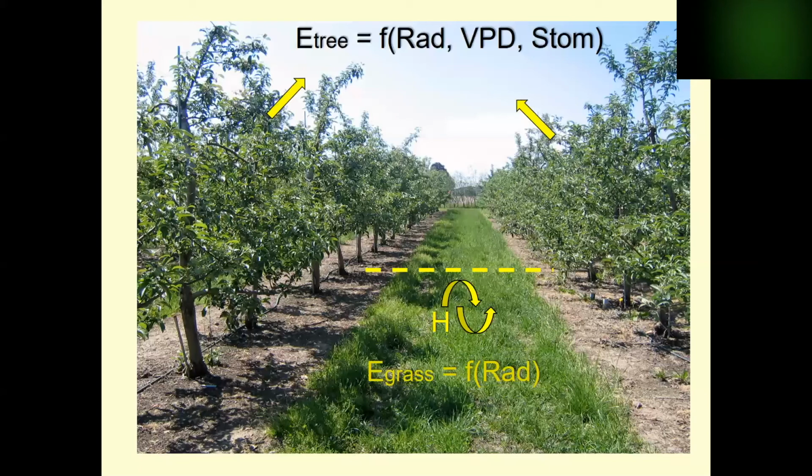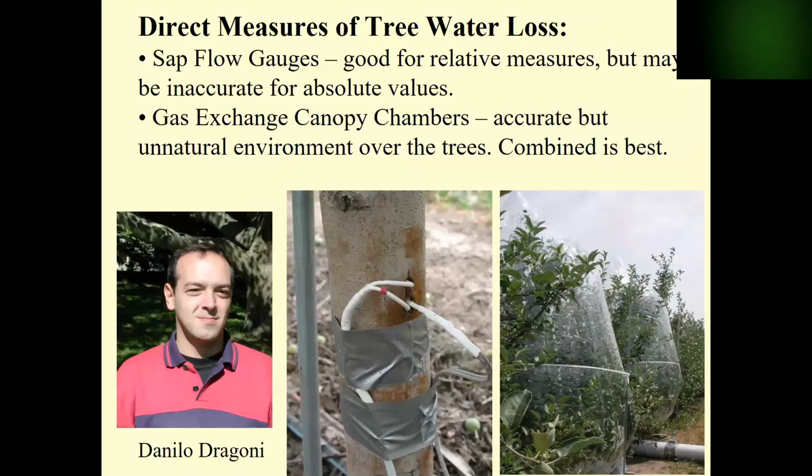So the two systems are being controlled by a different combination of factors. So we wanted to actually go take a look, but we wanted to be able to measure it directly. We used sap flow gauges, but we didn't trust them to make all the estimations of wound factors. So our student Danilo Grigoni